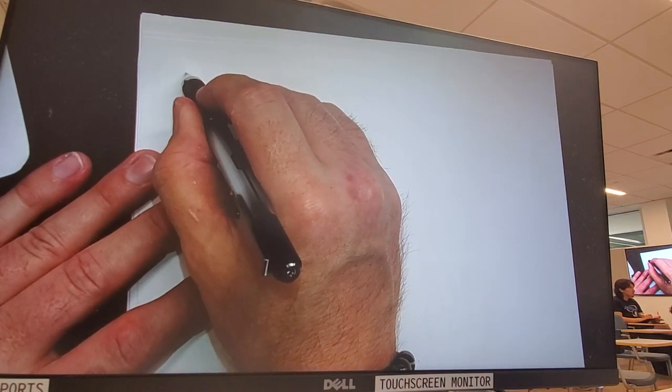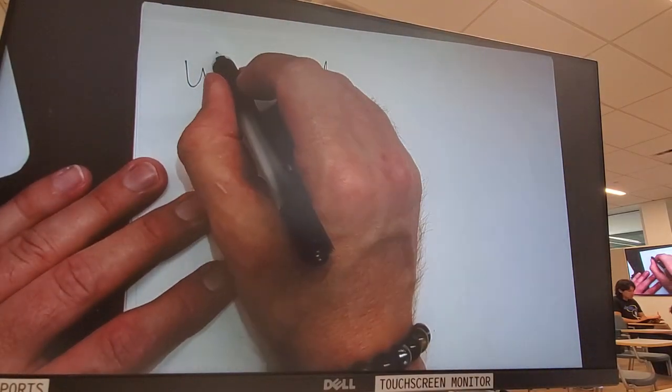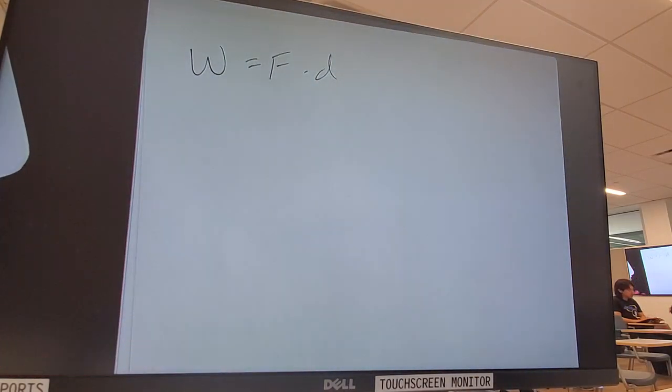So in an earlier section, we found out that work is force dotted with distance. Really weird thing about work in physics is if you pick a box up and then you put it back down, 0 work has been done on that box. If it stays up, I've done work because I've actually lifted it against a gravitational field. If I put it back down, then the gravitational field just brought it back down. So overall, I would have done no work. Now, if I do that over and over again, I feel like I'm doing work. But technically, the work done on the box would be 0.